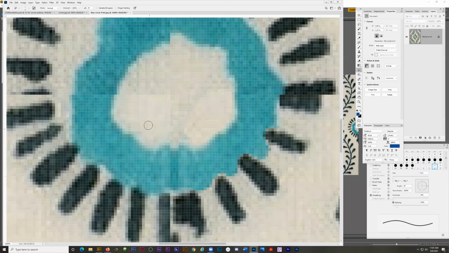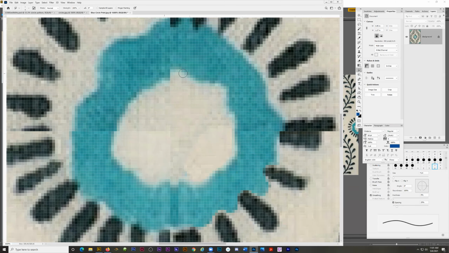That's working really well. So that worked very well for that. Oh, here I need some more blue. So you start in the blue and you smudge it over, but don't